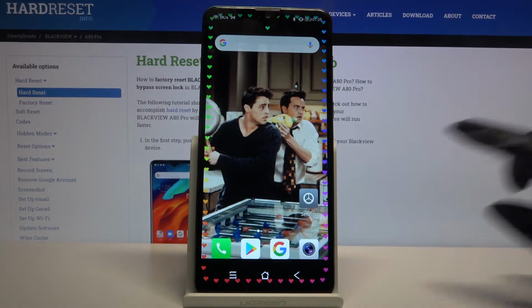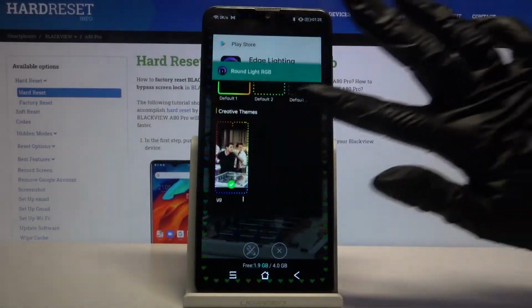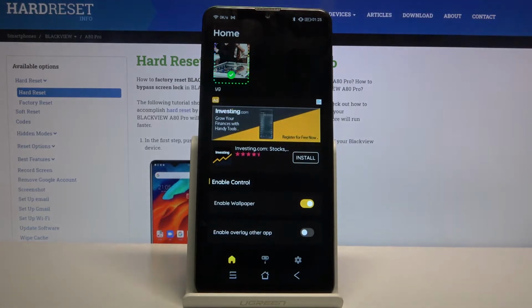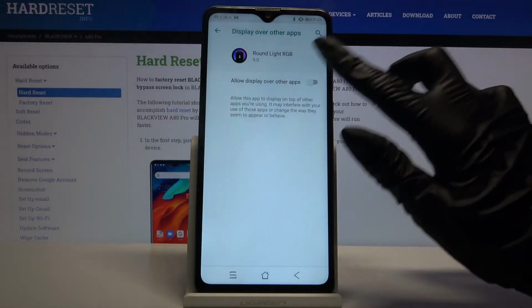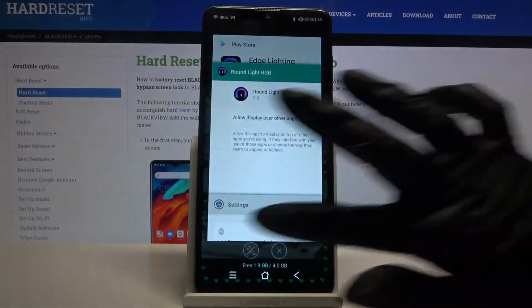But if you want to see them when you use apps, you can go back into the app, choose Home, scroll all the way down and tap on the switcher next to Enable Overlay Other App. Click Yes, click on the switcher again, go back, and sometimes you have to go back into the app,